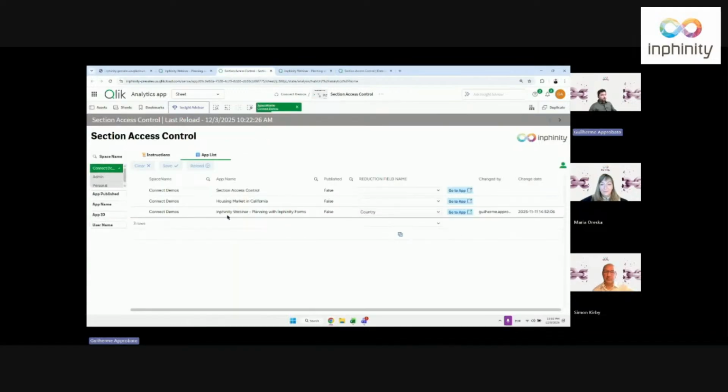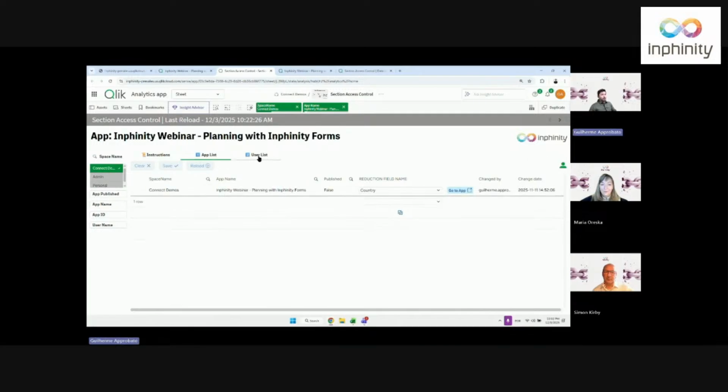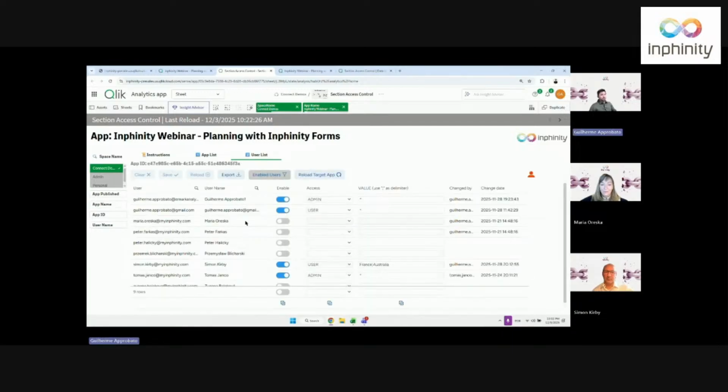But going back, now the next step is to filter this field here. And with a condition, if we have one possible app selected, another tab here will be available. So I'll click here. Now I can go to the user list. And here I have all the users in my tenant. We don't have a lot in this one, but